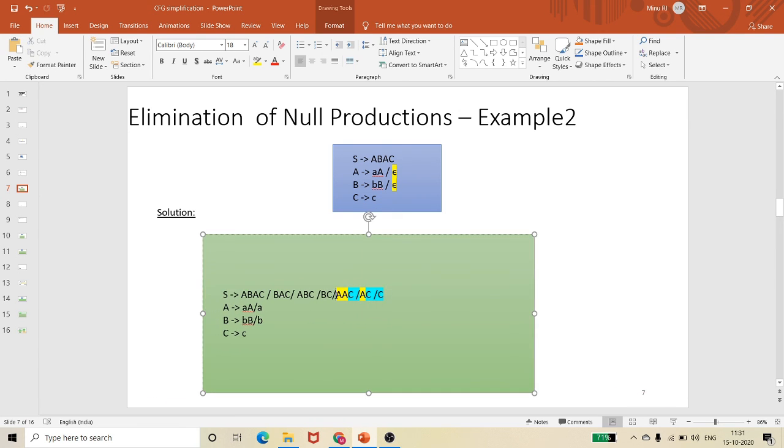So no problem, I am not getting any new production, but anyway it is better to check all the productions, because we are going to remove a symbol, a terminal, out of my grammar. If I am going to remove the terminal out of my grammar, I need to be very sure that I do not miss any of the productions. So in this way, recursively you have to check it and confirm that you have written all the derivatives out of this epsilon, and this will give you the correct answer for elimination of null production. I hope you understand this concept.